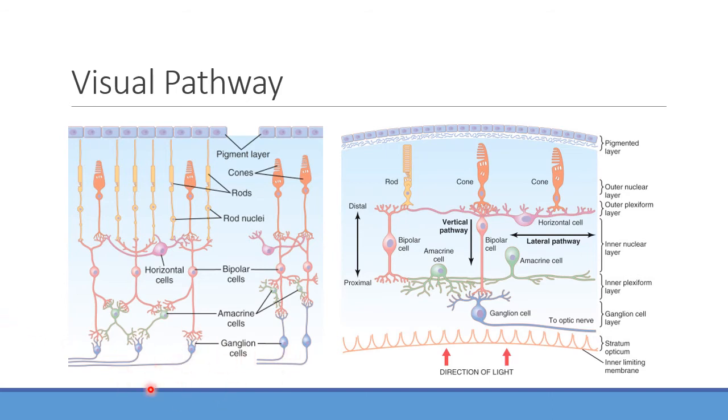Notice here, this is actually towards the front of the eye, so when light's coming, it's coming in this direction, and it kind of hits the back of the wall here. And again, this should be dark, so that way that light doesn't just end up refracting off of that and hitting more rods and cones than it should. Does that kind of make sense? Okay.